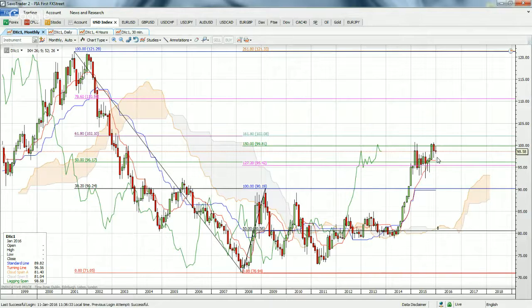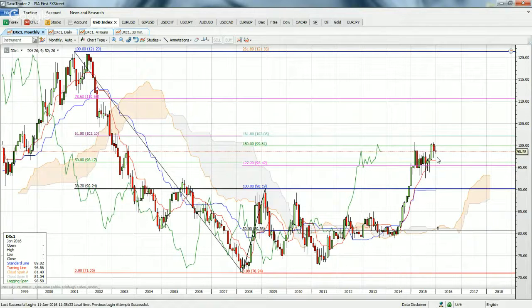By reversal patterns, what we're looking for is morning star and evening star formations. We're looking for outside bars. And by an outside bar, again, I'll explain this as we do every time we do a webinar, an outside bar is not an engulfing candle. In an engulfing candle, the body has to take over the body of the previous candle. In an outside bar, we're looking for a whole candle to engulf and take over the whole range of the